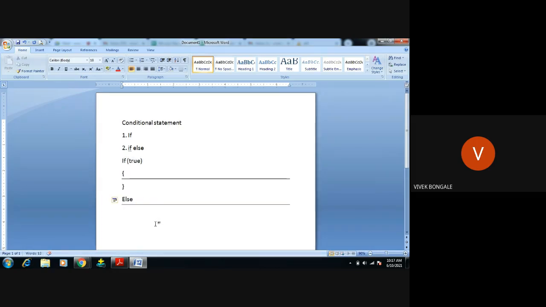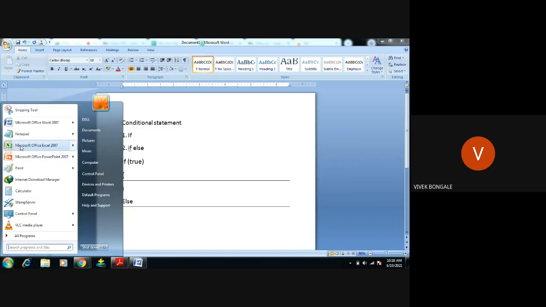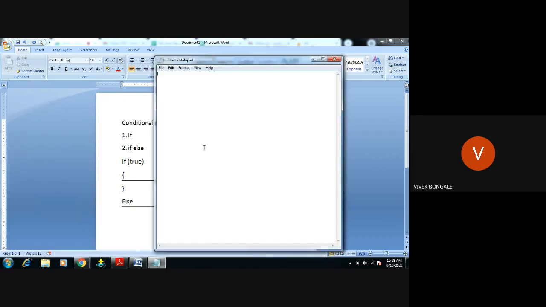So I will repeat whatever we are going to include in the if statement. If starts with the keyword if, then you have to use the bracket, and under that bracket you have to give the condition we want to check. If this condition is satisfied, if the condition is true, then this piece of code will be executed. This is the if statement. If this condition is false, then this else part will get executed. That is what a conditional statement is. We'll see this with one small programming language, JavaScript.